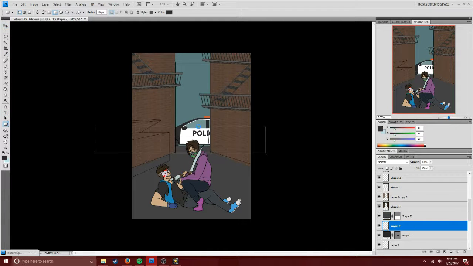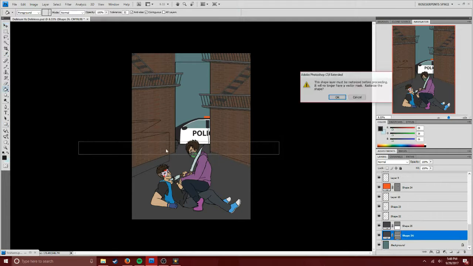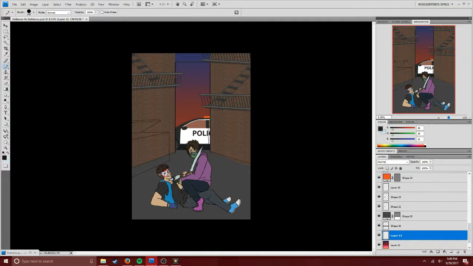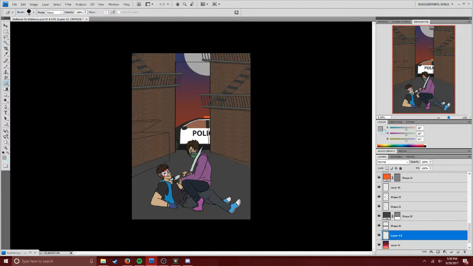Okay, so one thing I learned in college was the closer an object is in distance, the darker it should be. The farther out, the lighter it should get. So I usually don't apply this to most of my work, but I did this time because I felt like it was kind of something I should do again. I haven't done it since college, so one of my college